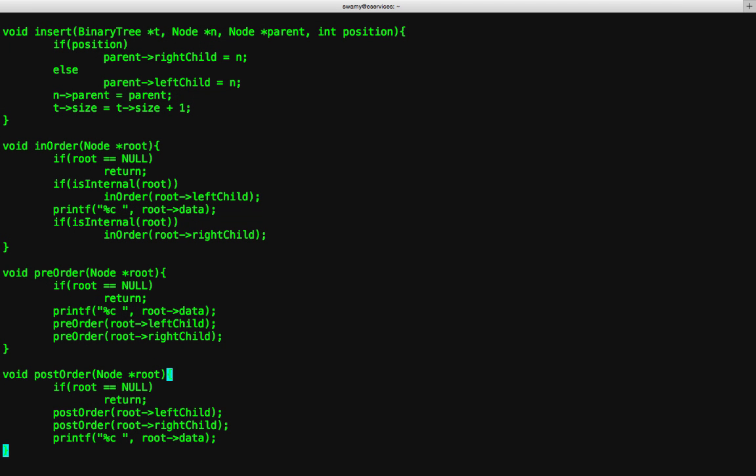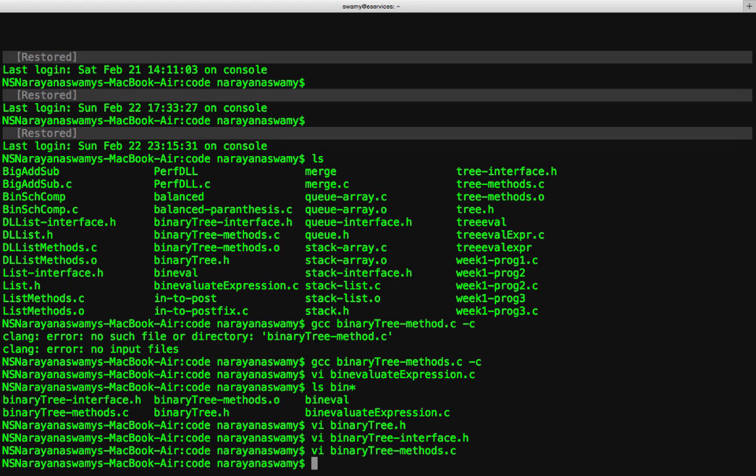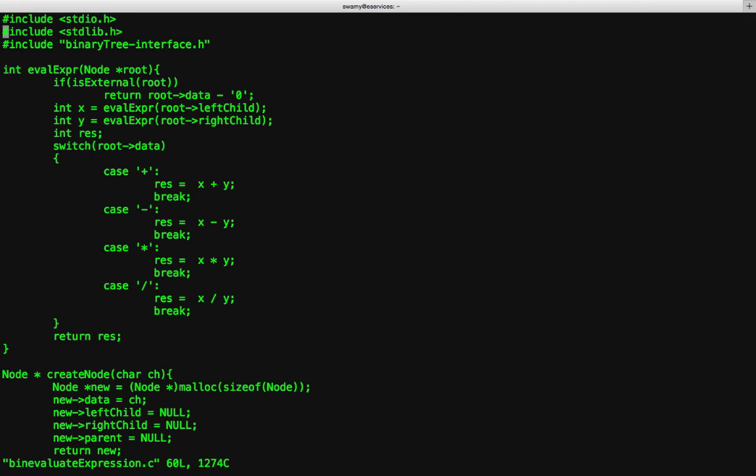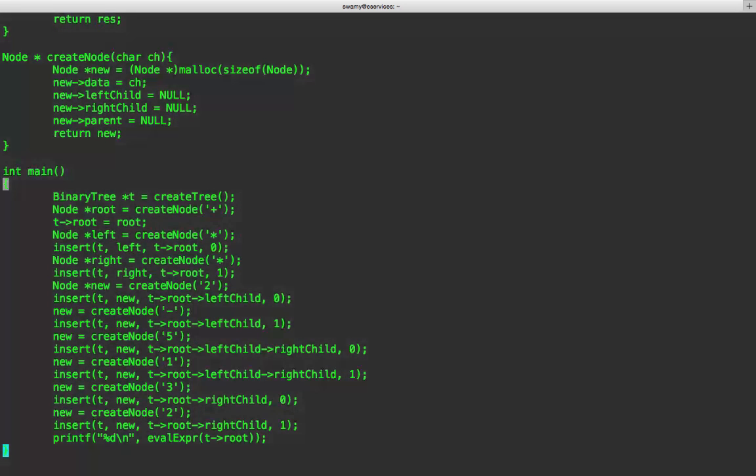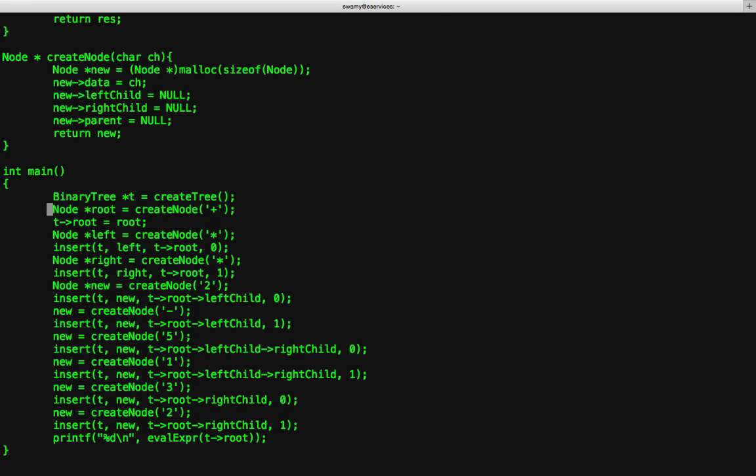This completes the implementation of all the methods associated with a binary tree. Let us look at the example exercise. So the exercise here is to create a tree and populate the tree with an arithmetic expression. So the expression, as you will see, is the following: the root is a plus, the left child is a star,